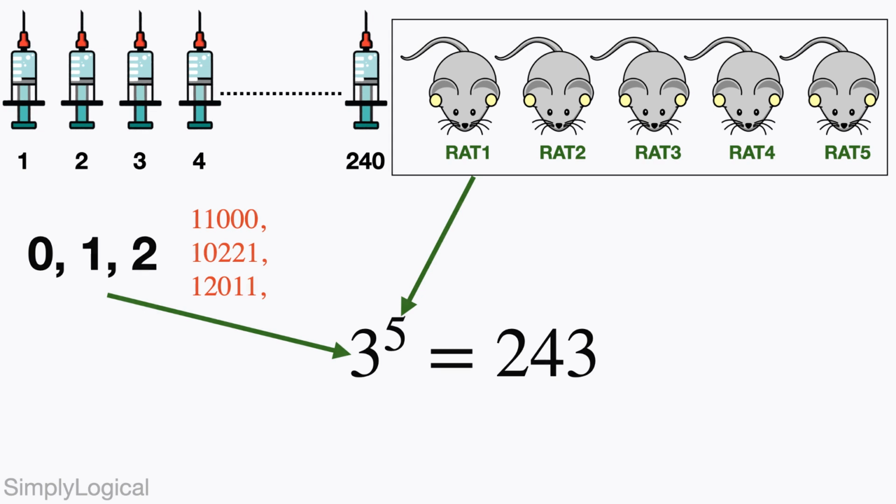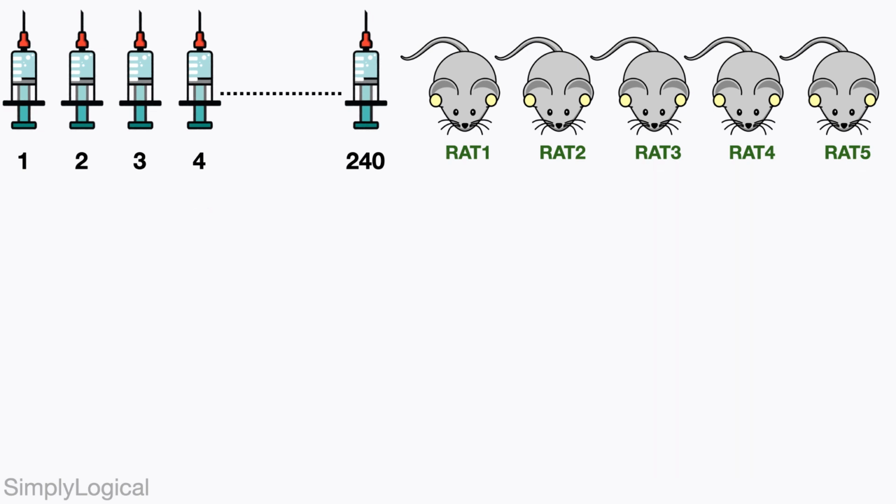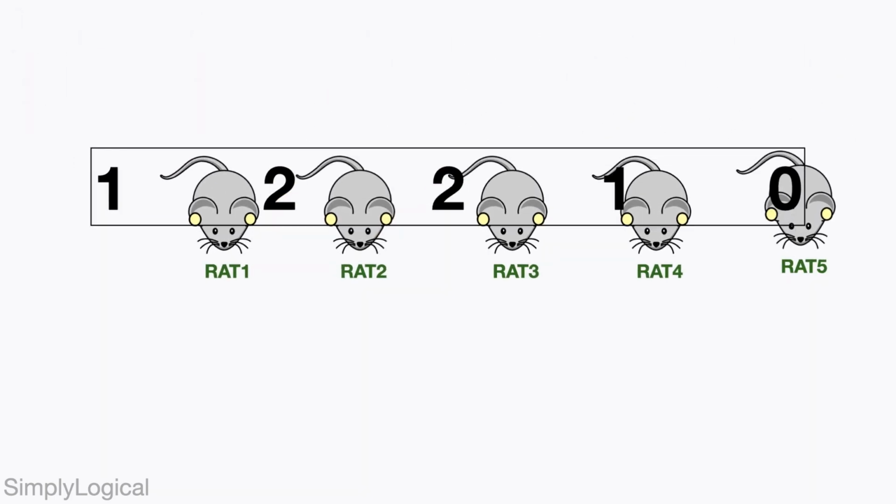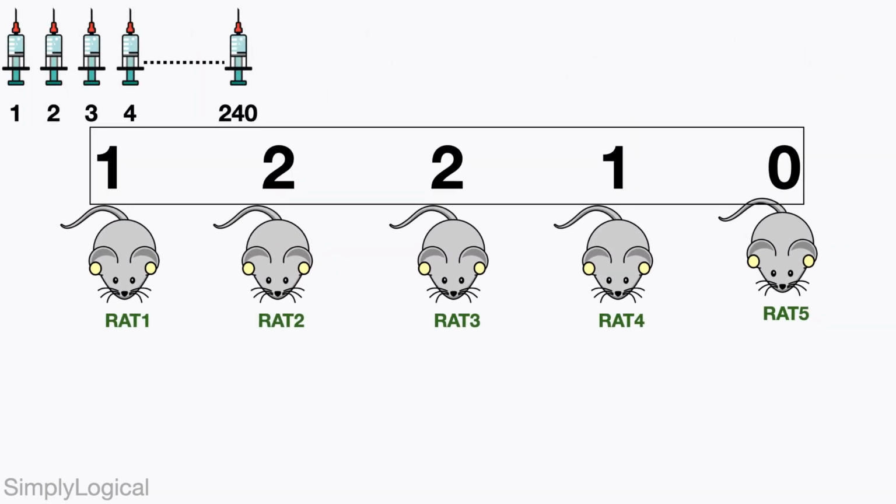So far we have labeled them. Now what are we going to do with this? Each place in the 5-digit number corresponds to each rat. Let's take the injection 12210. Here the leftmost digit, that is 1, corresponds to rat 1 and the rightmost digit, that is 0, corresponds to rat 5. A rat that is assigned with the number 1 will be given that injection on day 1, that